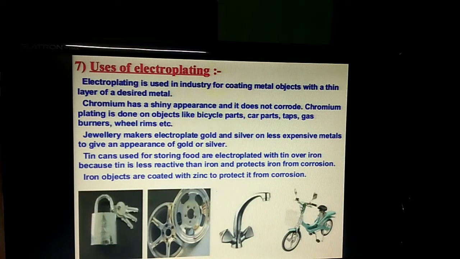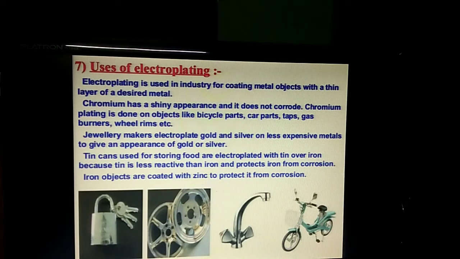Jewelers electroplate gold and silver over inexpensive metals like iron and copper to make ornaments look precious at a lower cost. Sometimes gold is also plated over silver. Zinc is coated on iron to avoid corrosion in car parts as well as in the construction of bridges. Gold plating is done on electronic parts to reduce contact resistance. For example, if you open the CPU of your computer, you may see this.